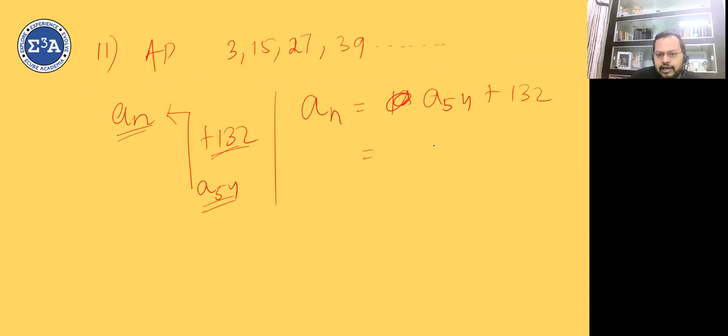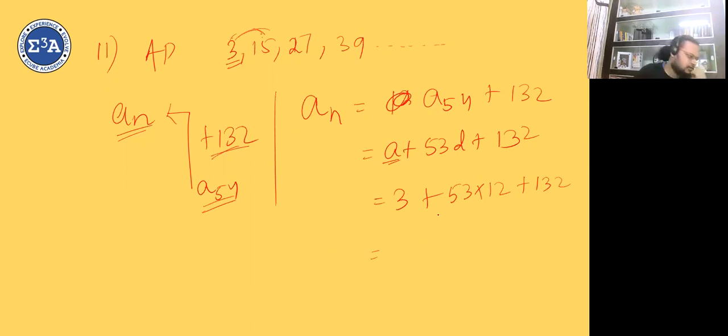a54 कैसे निकलेगा, a plus 53d से निकलेगा। a हमको पता है पहला टर्म, d कैसे निकलेगा, this minus this, this minus this is how much, 12। कर लेते हैं कैलकुलेशन, 3 into 53 into 12, 3 into this will come somewhere around